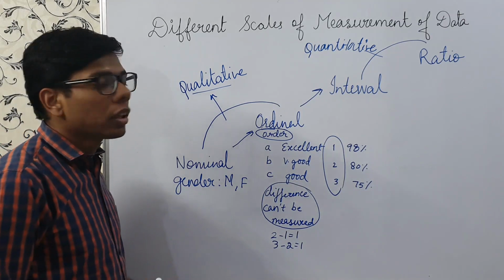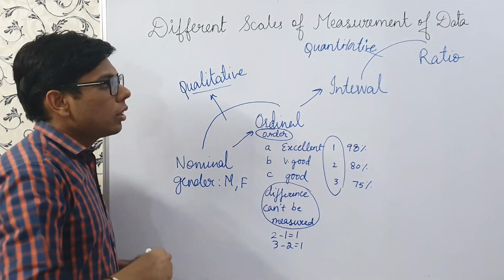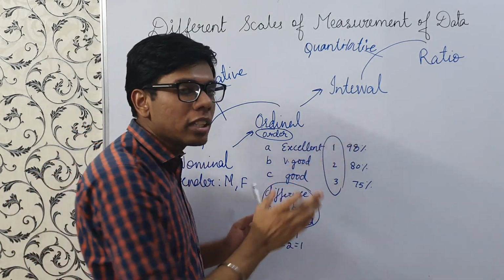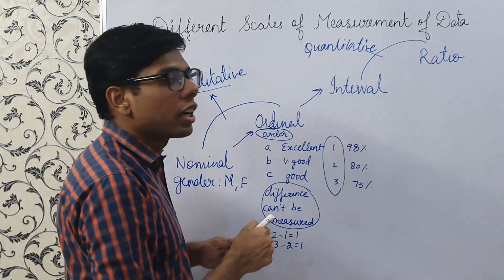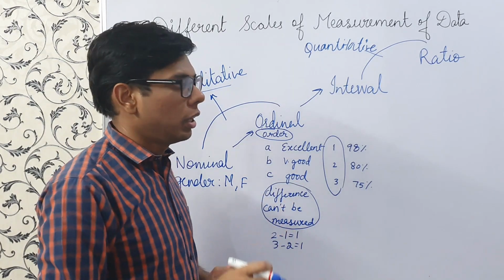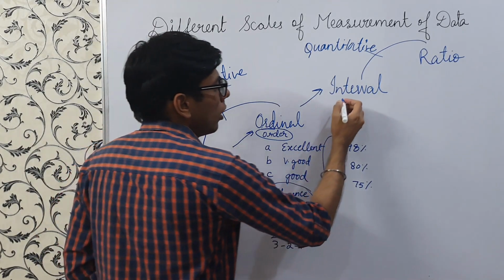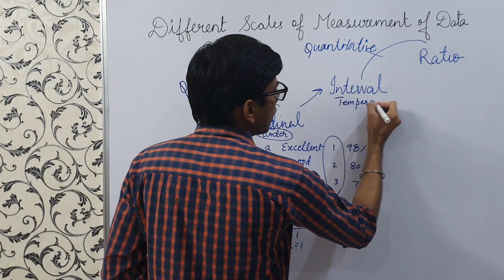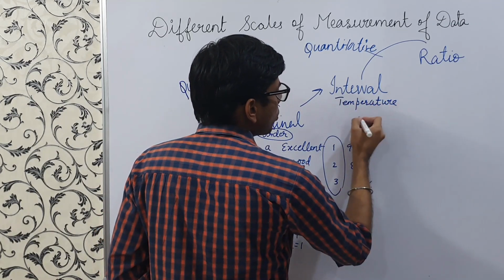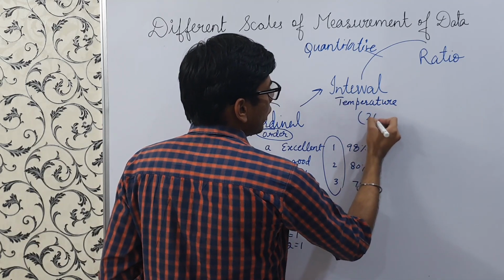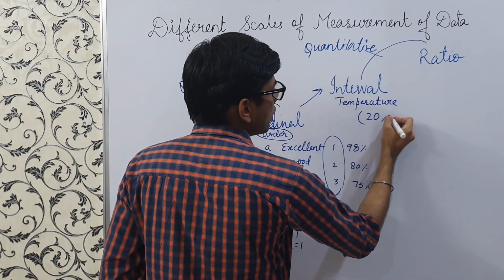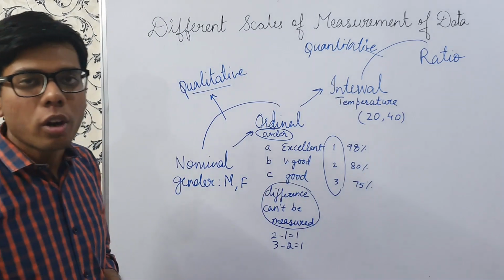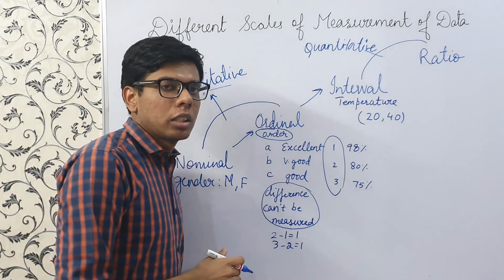So now coming to interval variable, we'll understand this with an example. Though the name suggests interval, this value takes a certain range from a lower limit to upper limit. We'll study this through an example, and a very classic example of this is temperature. Suppose you are in an AC room where the temperature is 20 degrees Celsius, and you just got out of that room, and there the temperature was quite hot, it was 40, right?